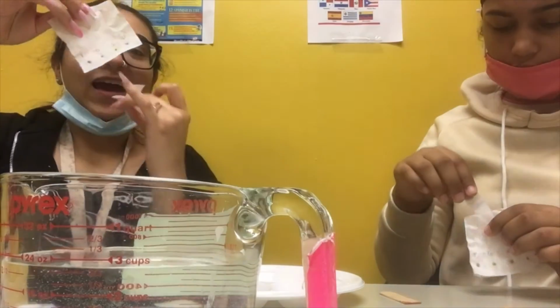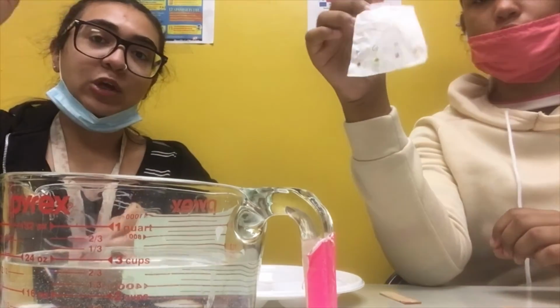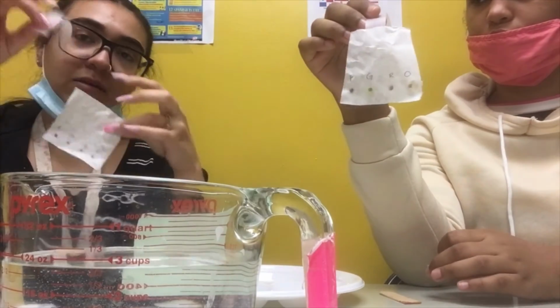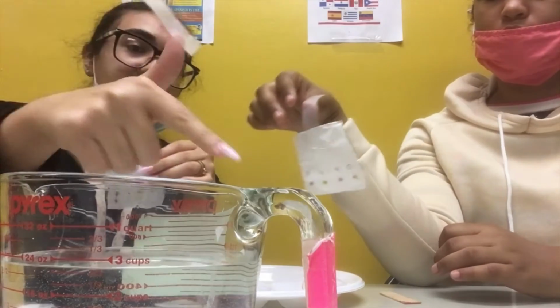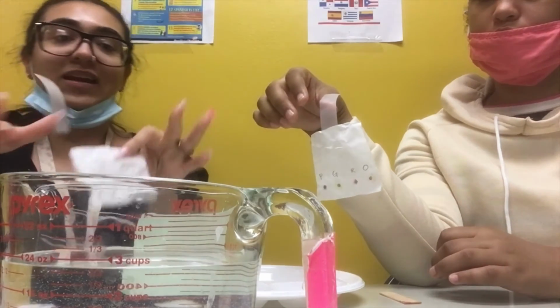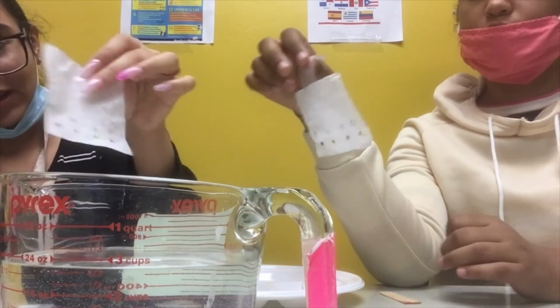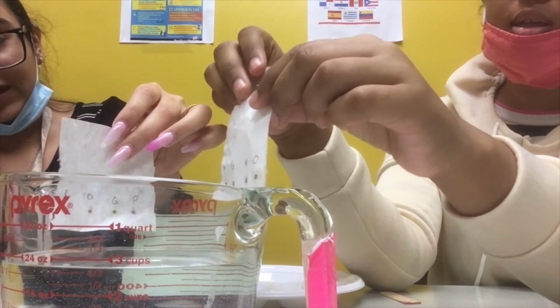the coffee filter and have the bottom of the coffee filter ever so lightly touching the water, and then we are going to take our tape and tape the top of the filter against the rim of whatever jar you're using, so that it stands up by itself and you don't have to hold it. So we can start doing that now. And guys, make sure it's a clear jar that you're using so you can see